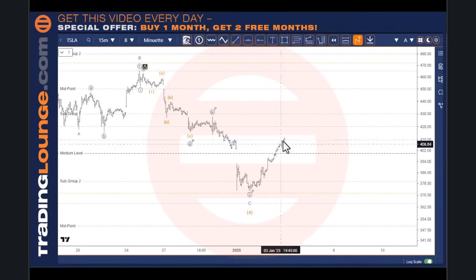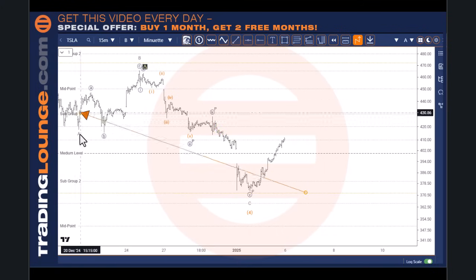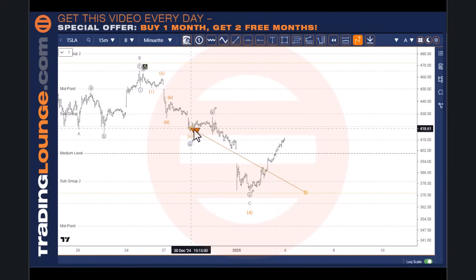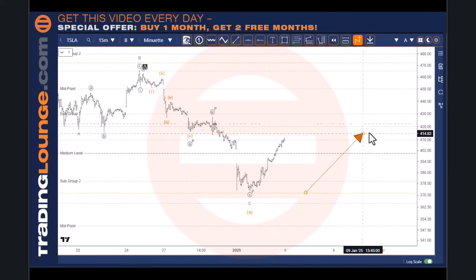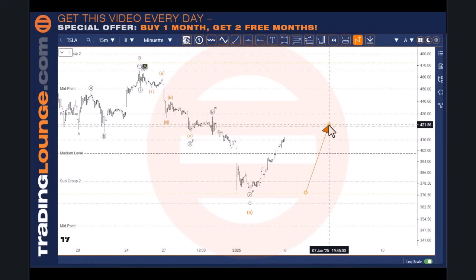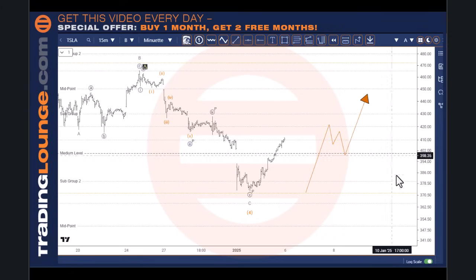This strong move up through here. What we'd need to see is this top here. We can have a look at that in a moment, but see this supply level here and this one over here, all of these lows here and this consolidation here. So at the 420 area here, this is where it's likely to have some type of correction, and if it is going to be bullish, it'll end up being like this. And if that is the case, then we can look at going long at that point there.